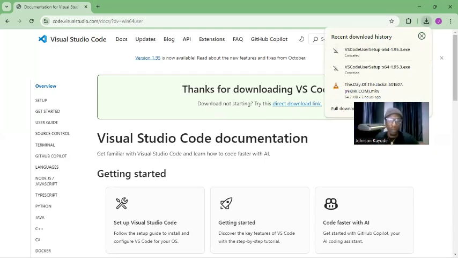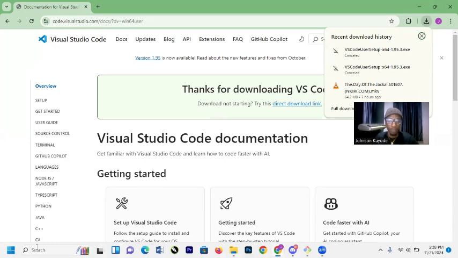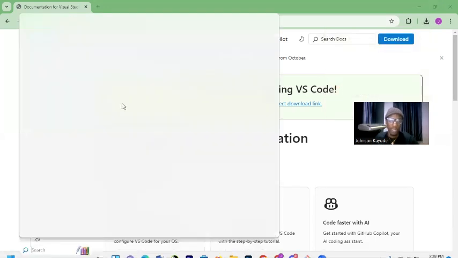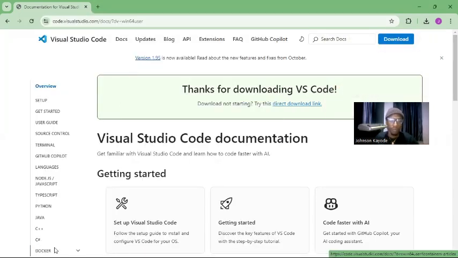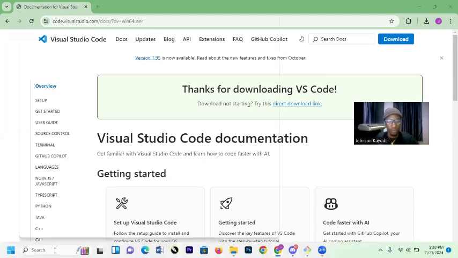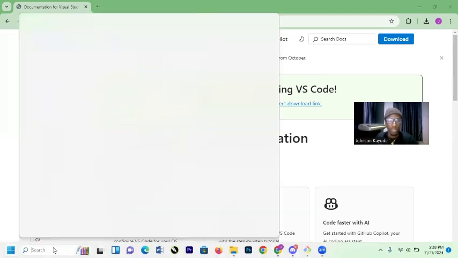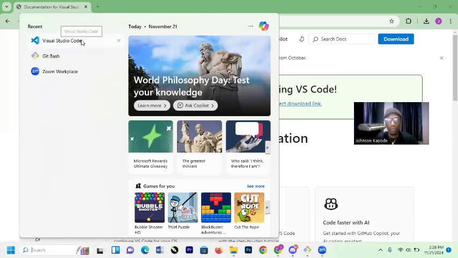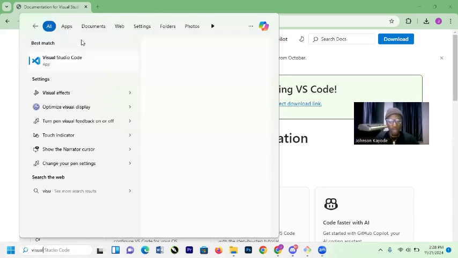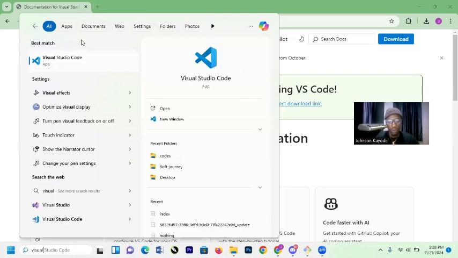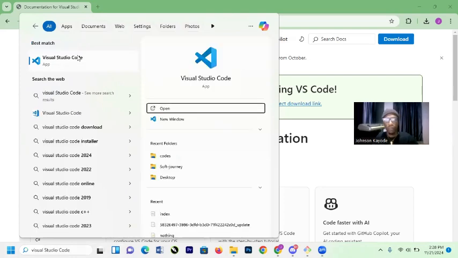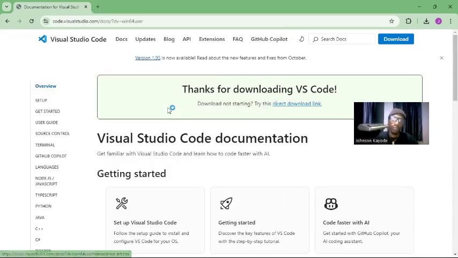So rather, I'll just go to my search bar and type in Visual Studio Code. Look at it right here. Visual Studio Code. And click on open. So this is our